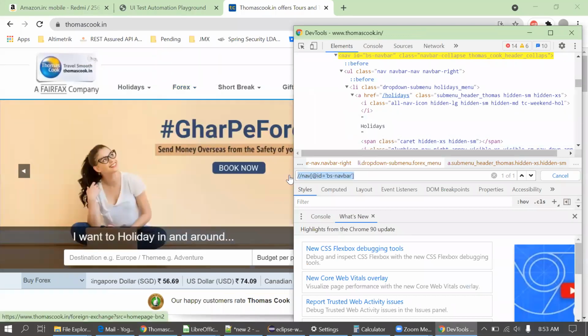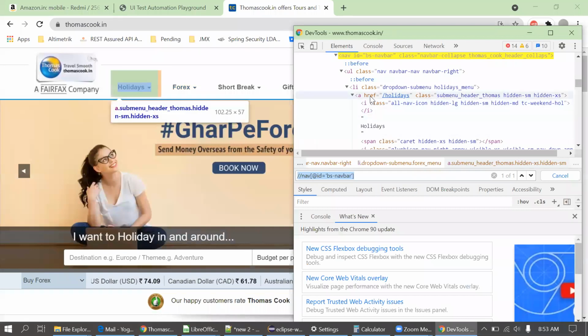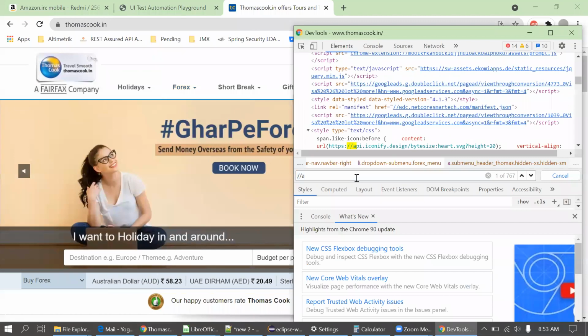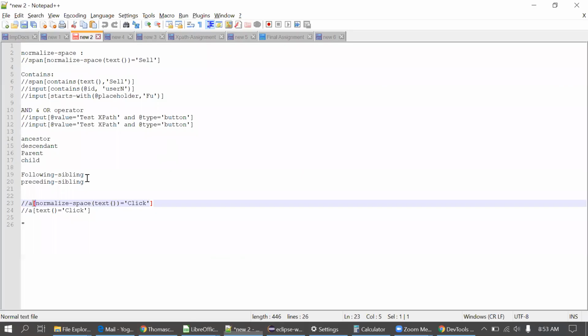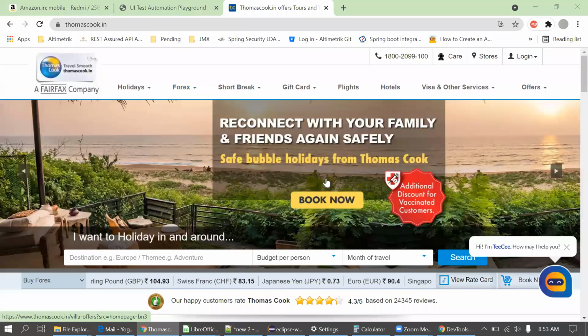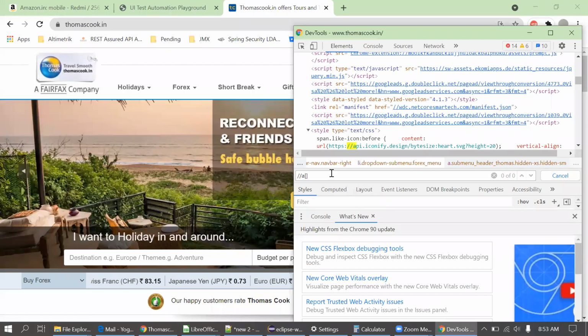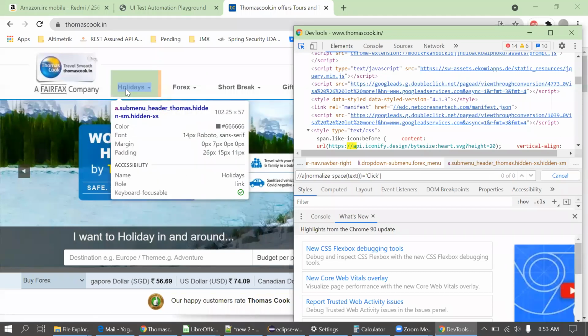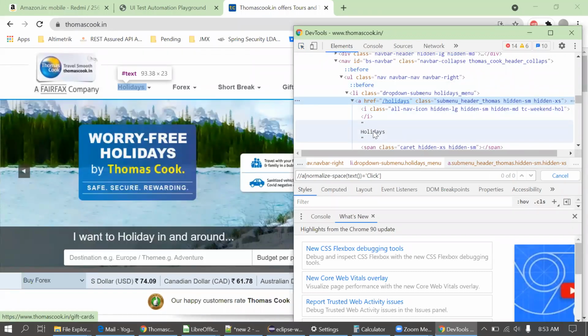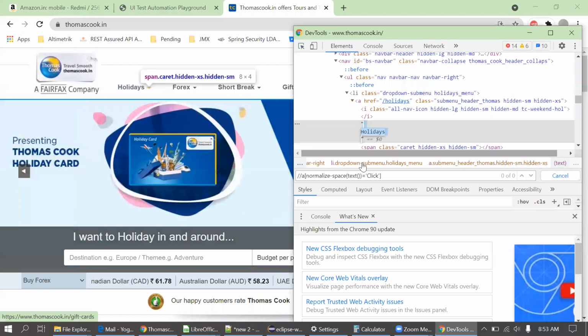Not in this way. I'll directly go to the I, not A. Because if I'm not using text, then it will be difficult to track.